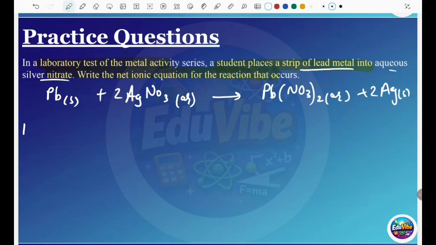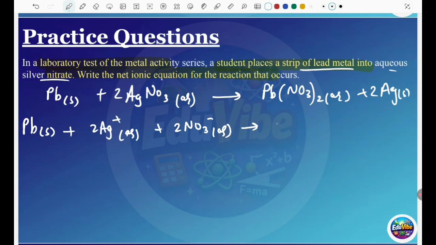So in the cation and anion, Pb solid remains Pb solid. We have 2 Ag positive aqueous and 2 NO3 negative aqueous. Now this is the gain thing. So it's Pb2 positive aqueous, plus NO3 negative aqueous,